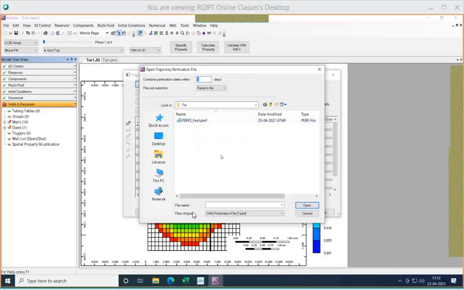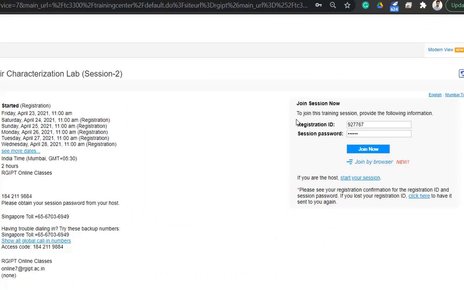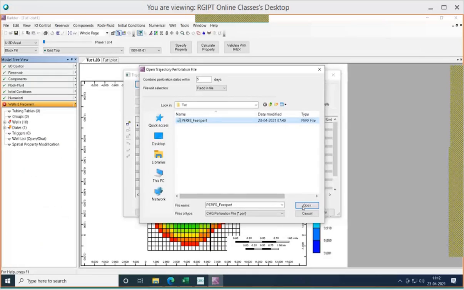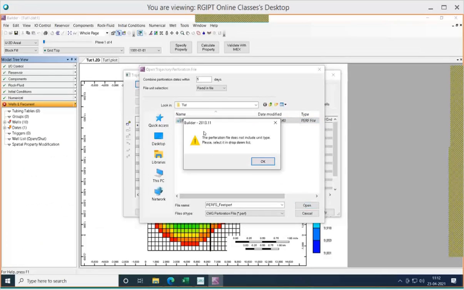I have shown you how the file looks. If the unit is not specified in the file, let's say I have clicked over here, the unit is not specified, so we will get a warning message like this. That means the perforation file does not include the unit type, so we have to define the unit.